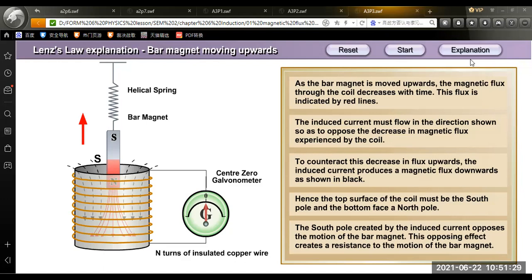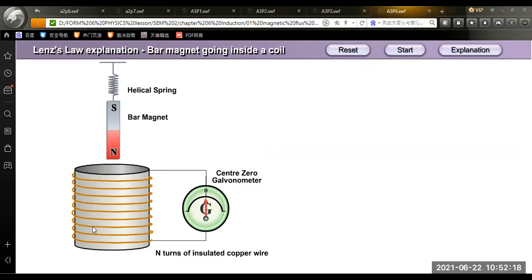To counteract this decrease in flux upward, the induced current produces a magnetic flux downwards as shown in black. So when we pull out, the magnetic flux reduces, so it causes the restoring flux in black color. Hence, the top surface of the coil must be south pole and the bottom must be north pole. The south pole created by the induced current opposes the motion of the bar magnet. This opposing effect creates a resistance to the motion of the bar magnet. Okay, so this will be the explanation why the induced current is always in the opposite direction, which is explained by Lenz's